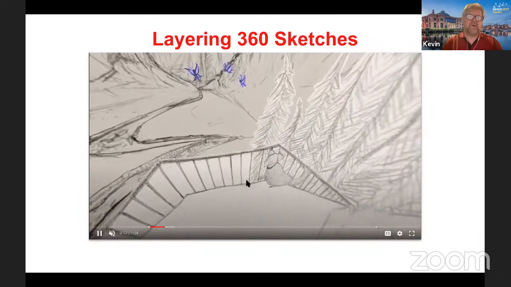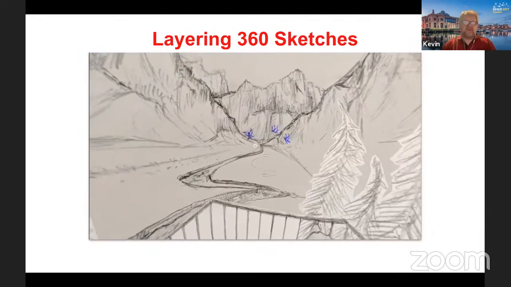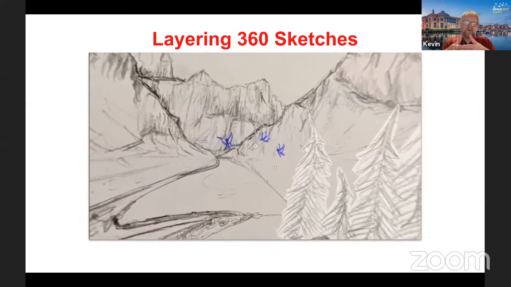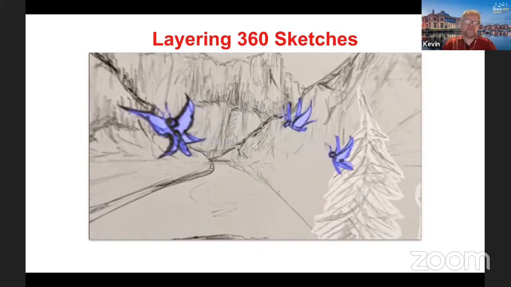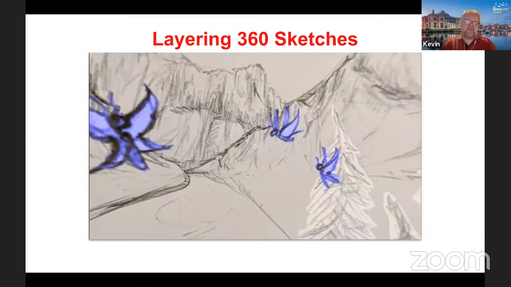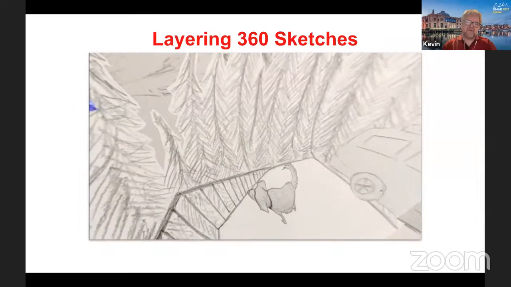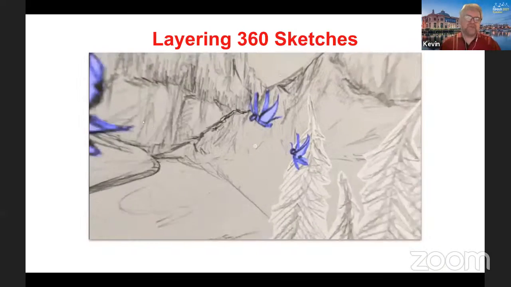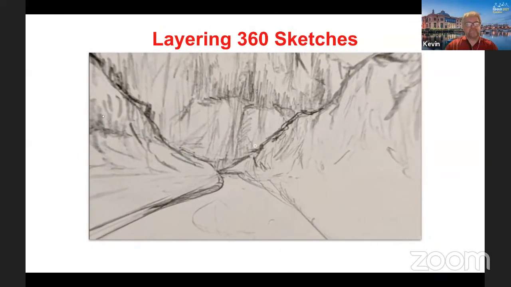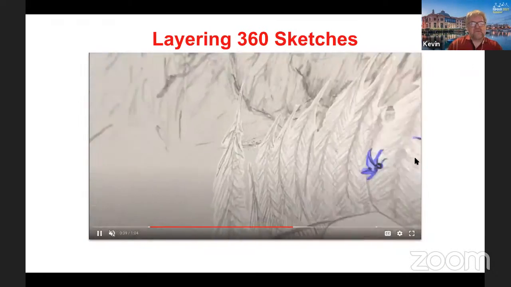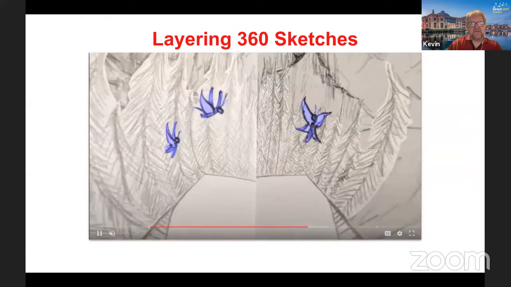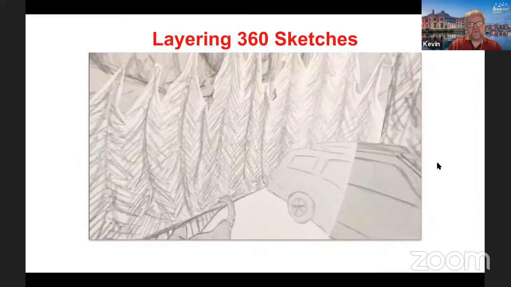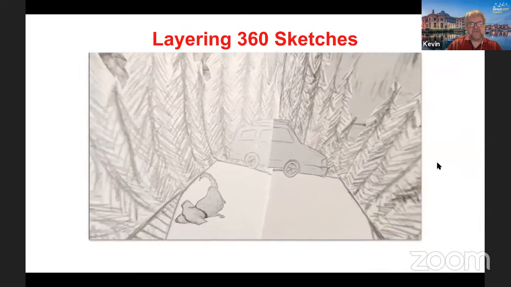Okay, so now you can see him panning around, and you'll see that because of the layers of information, the dog there, for example, looks like it's closer to the front, and similarly the butterflies and the trees are in a separate layer as well. So that really creates that sense of depth, which you won't get from just a 360 photograph. So this is a very nice tool that goes beyond just straight sketching, but actually adds information, like I said